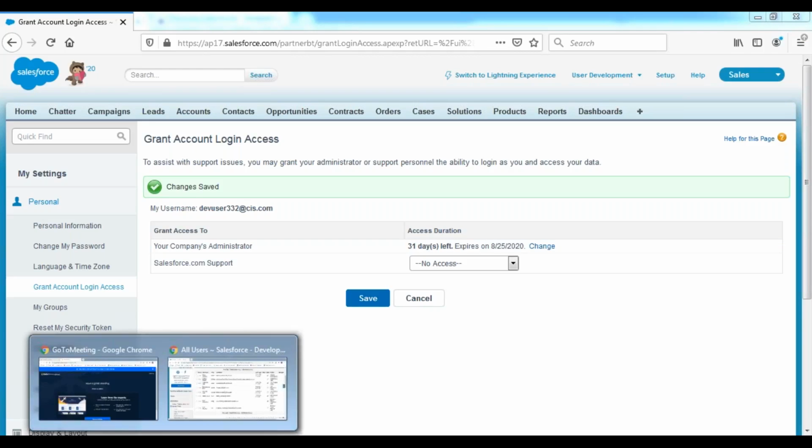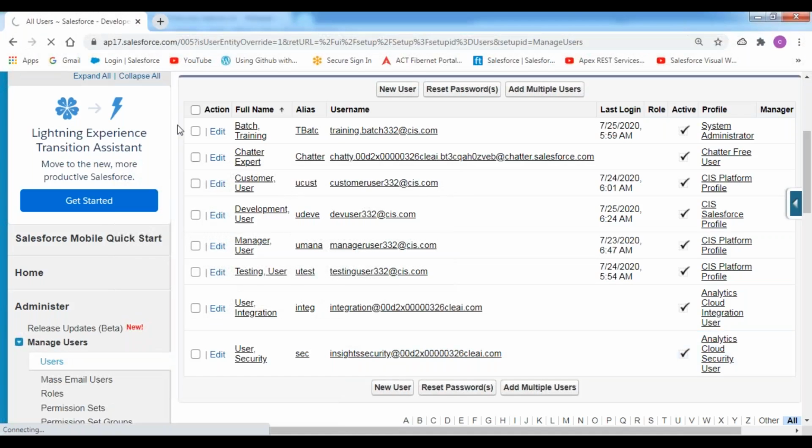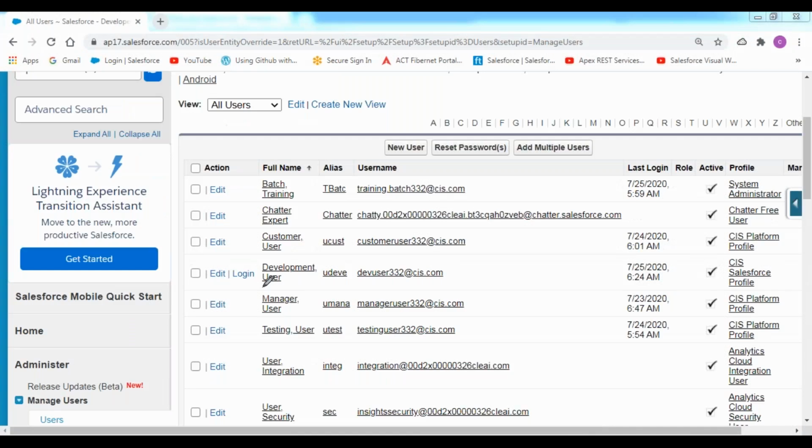Here I'm having the edit option. Just refresh this user interface and observe what will happen. Now, what you have observed in this case is that for the development user account, you will be getting an option called login. A new option is available. As an administrator, I can log in into the development user account also. How? Just click on this login link, and directly you can jump into the development user account, without entering the username and password. You can log in into that development user's account automatically.